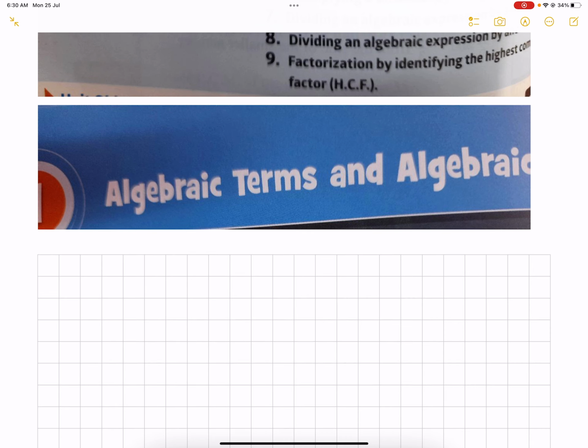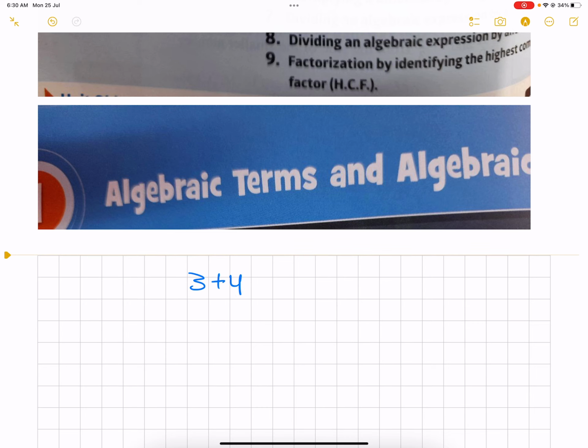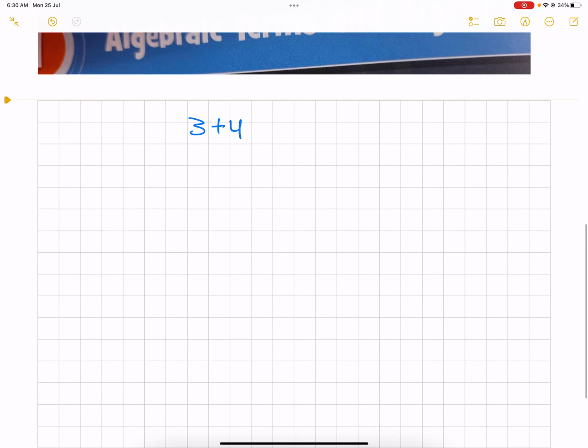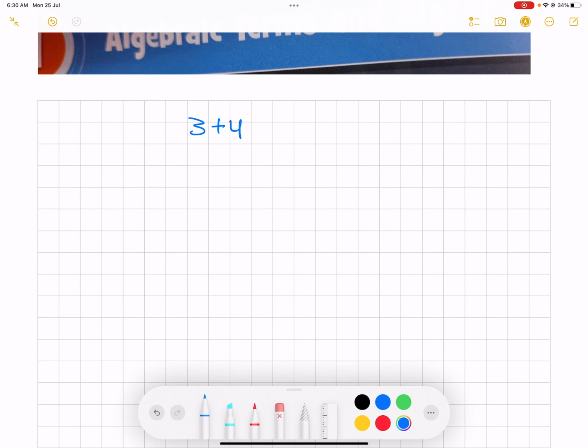لو أنا مثلا على سبيل المثال عندي هنا 3 plus 4, so 3 plus 4 not algebraic because there is no variable, يعني مفيش variables, and someone of you will ask me what is the variable. So the variable is something that I don't know, حاجة أنا مش عارفها فبستخدم الـ letters. يبقى أنا بستخدم الـ letters like X, Y, A, P or whatever to express something that I don't know. So instead of leaving it I'm gonna use letters. تمام؟